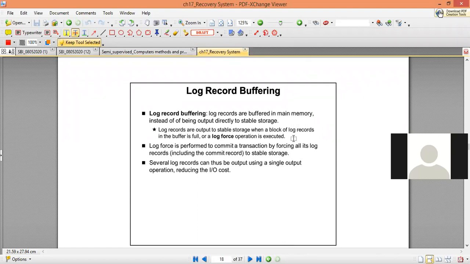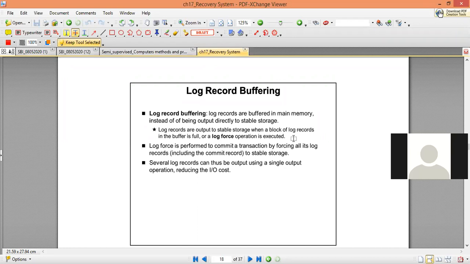That means the log force operation will be performed to keep a copy of the log record in the stable storage. So log force is performed to commit a transaction by forcing all its log records, including the commit record, to the stable storage.